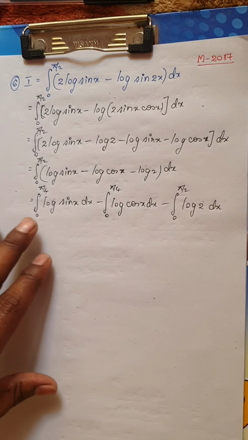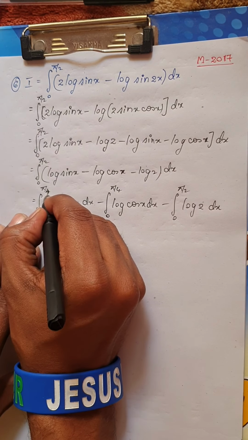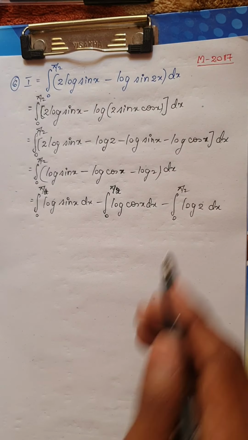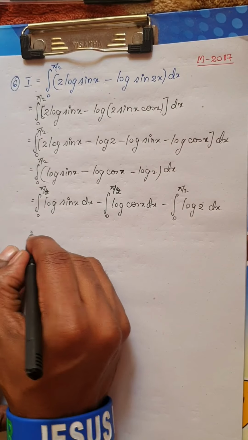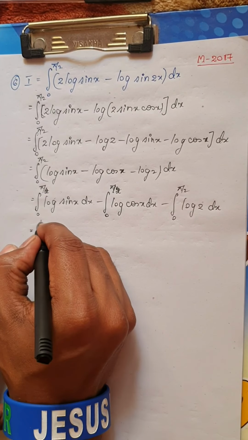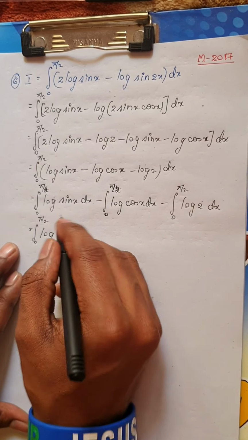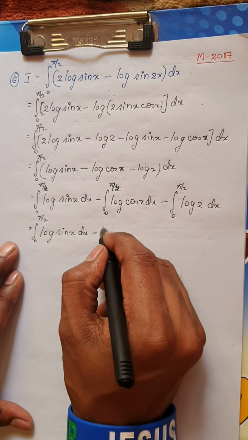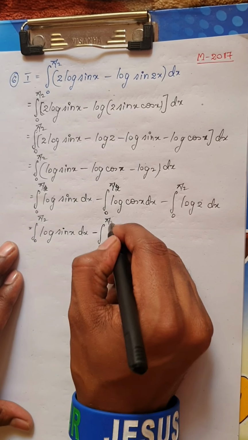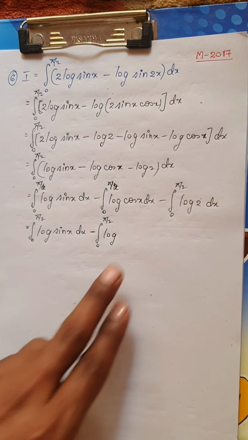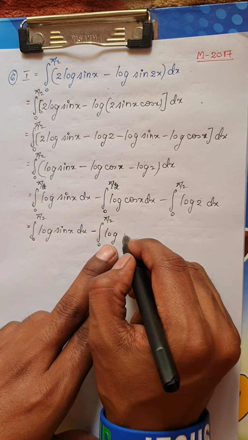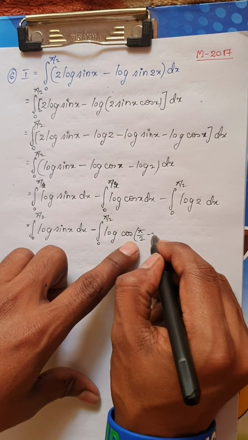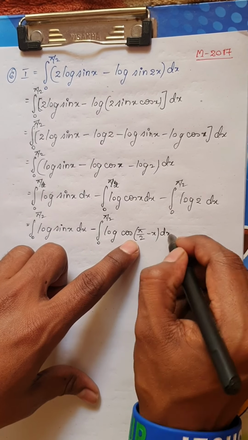Okay, and one more small change, dear students, I had written pi by 4, actually it is pi by 2 and pi by 2, I'm very sorry. Okay, this is pi by 2 as it is. So this is nothing but integral 0 to pi by 2 as it is. Now let me write this log of sin x dx as it is. Okay, minus integration from 0 to pi by 2. Now I'm going to use the property here, which is P4, that is cos of x can be written as a minus x. Here a is pi by 2, so cos of 90 minus x dx.